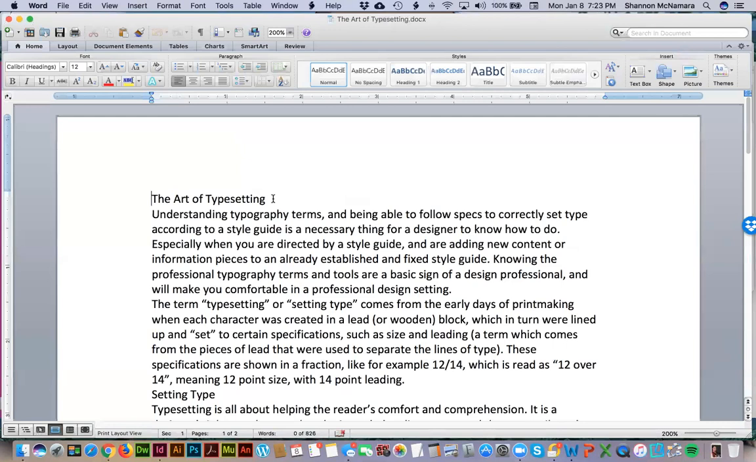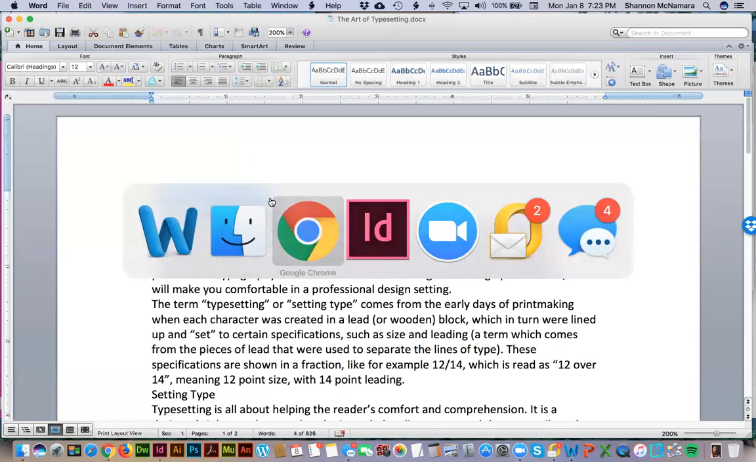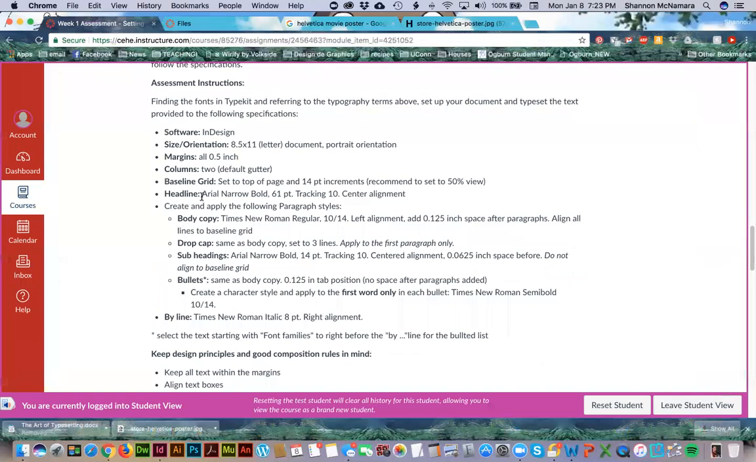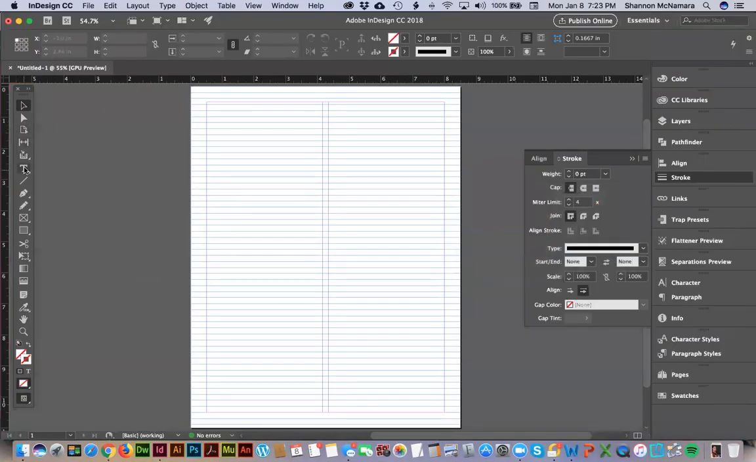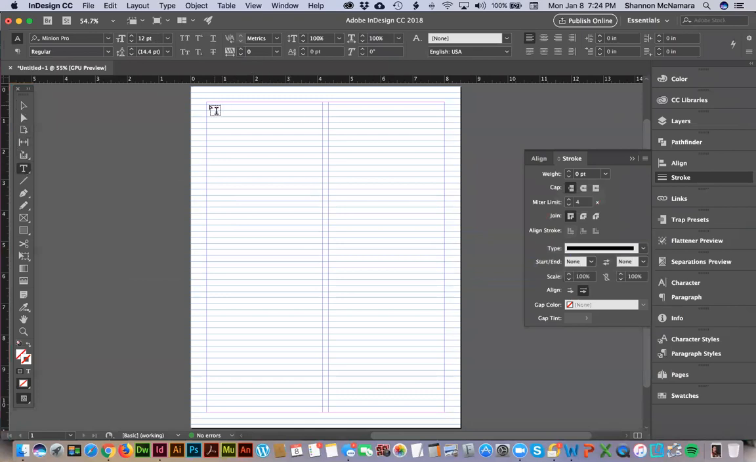All right, the art of typesetting. This is our headline. Go figure. We need it to be Arial Narrow Bold, 61 point, tracking 10, center aligned. So I am going to draw a type box, and